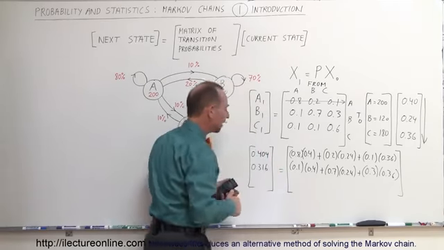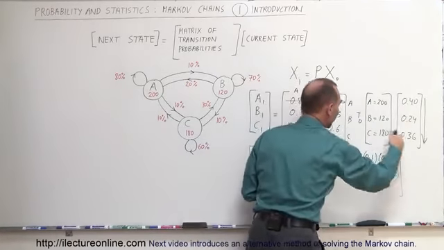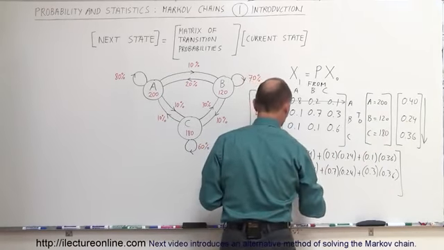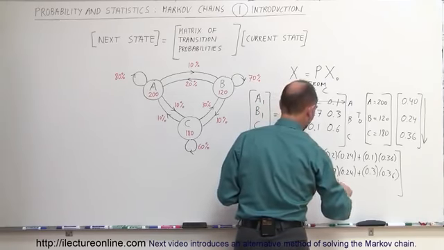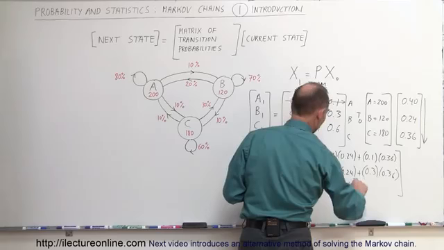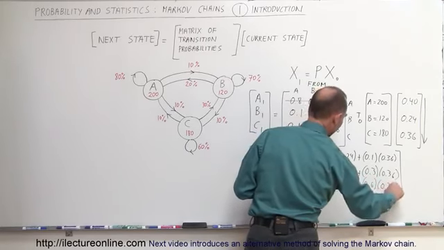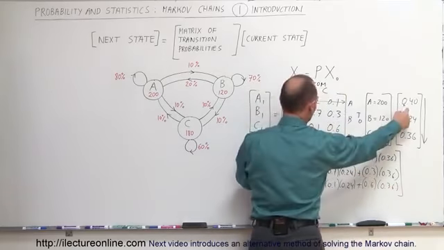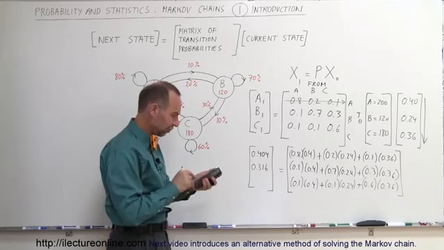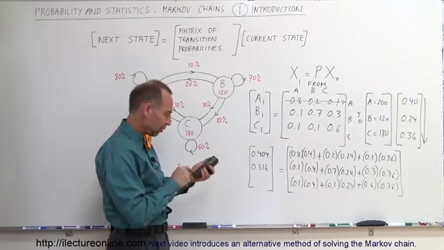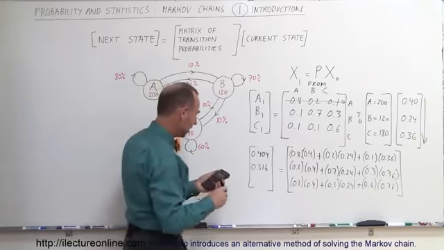0.316. And finally, we're going to calculate by multiplying the third row times this column right here. So we end up with 0.1 times 0.4 plus 0.1 times 0.24 plus 0.6 times 0.36. Again, it's this cell times this cell, and this cell times that. So let's see what that gives us. 0.04 plus 0.024 plus 0.6 times 0.36 equals, and this will be